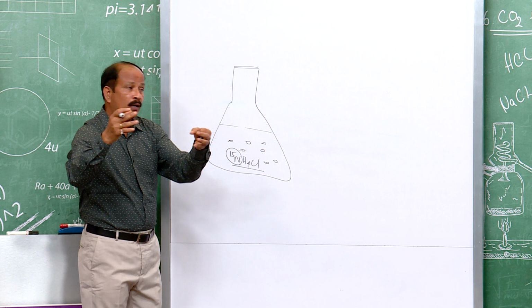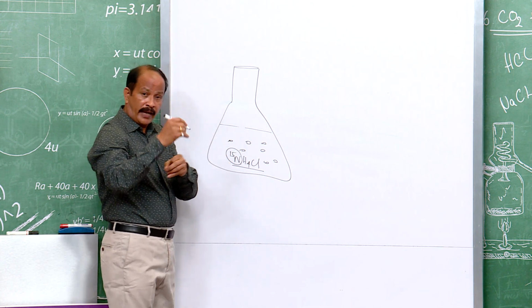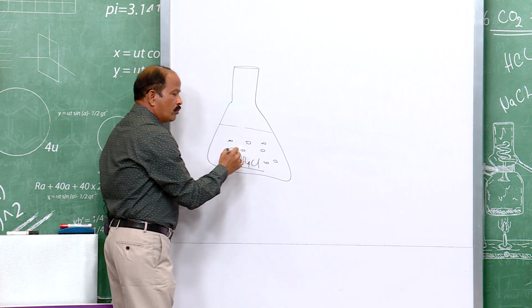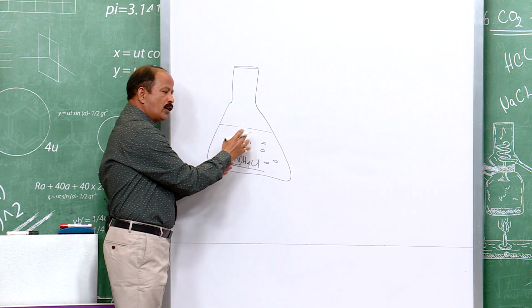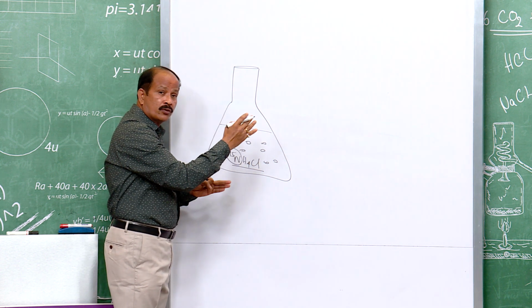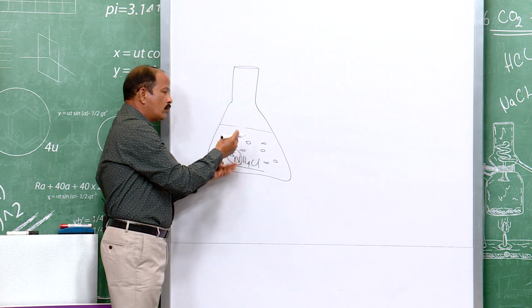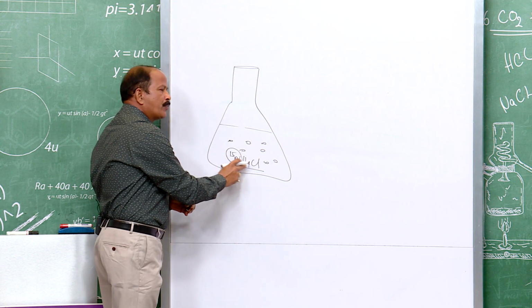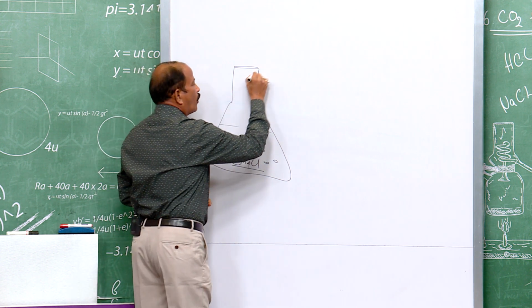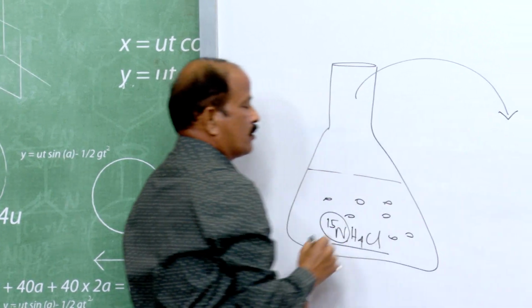So, what was the basis of their experiment? They grew this bacteria E. coli for several generations, so that all the bases have N15 nitrogen, and then they transferred